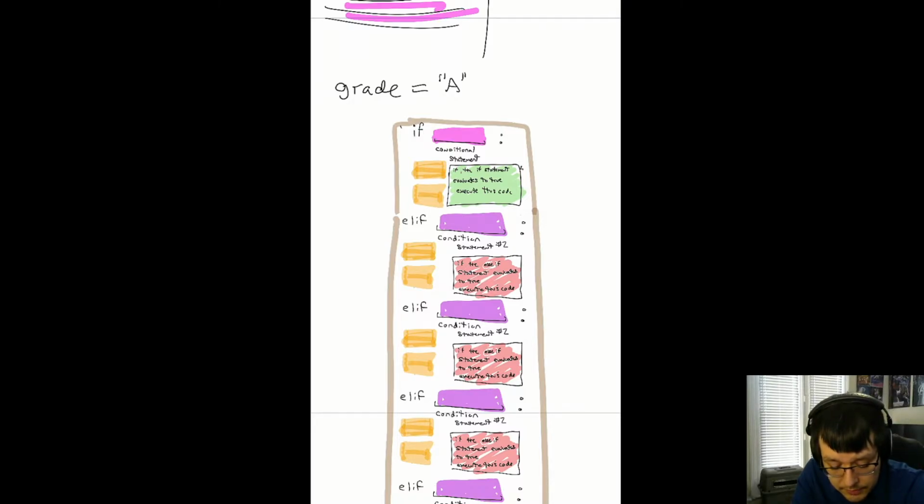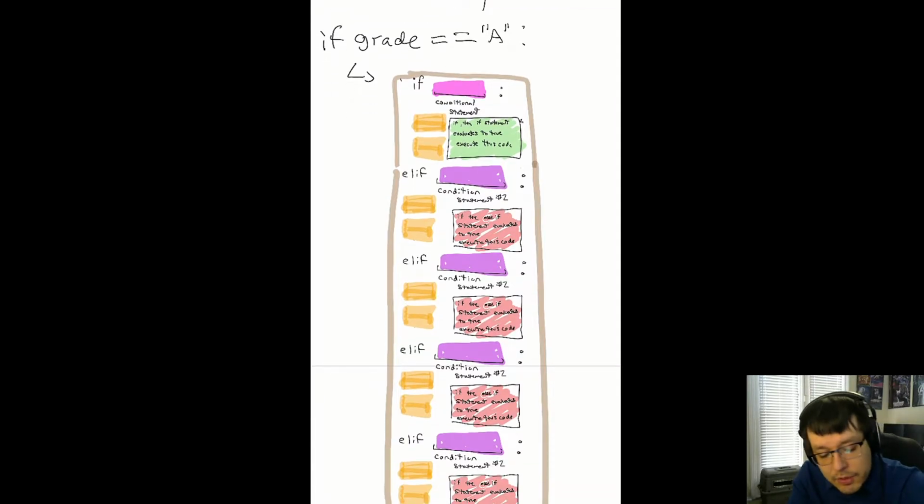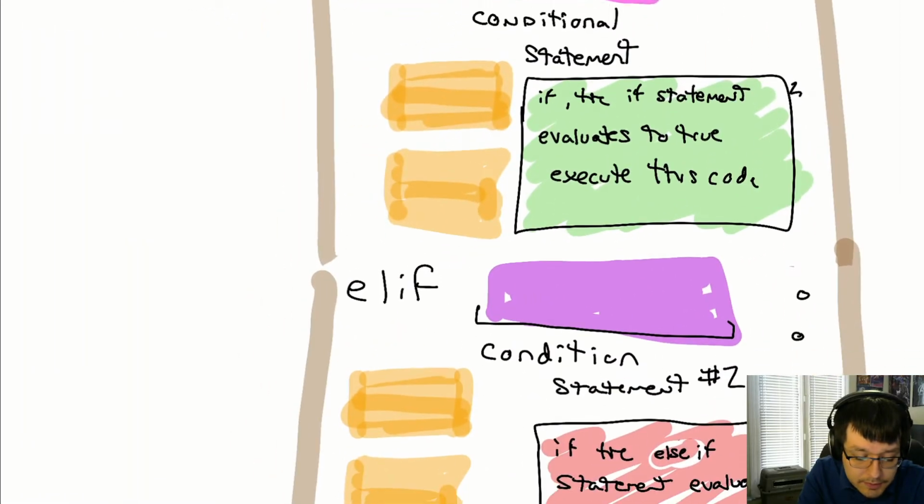so you could write that as your if statement, if grade is equal to A, and then put it in there. And then maybe you do some code if the grade is equal to A, like you do extra science, or you just print out some really cool statement, etc. But maybe now you want to check if the grade is equal to B and do different code on that side. Well, in the else if, you could write something like